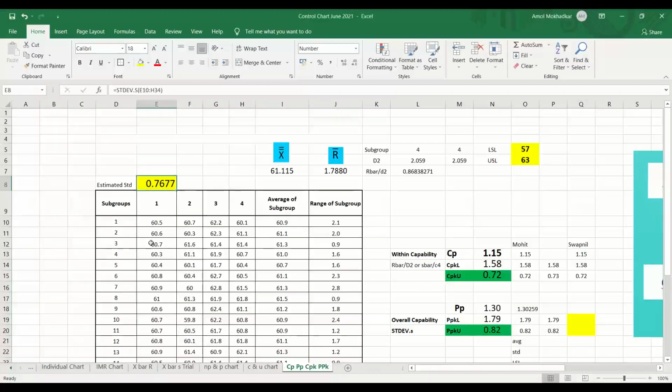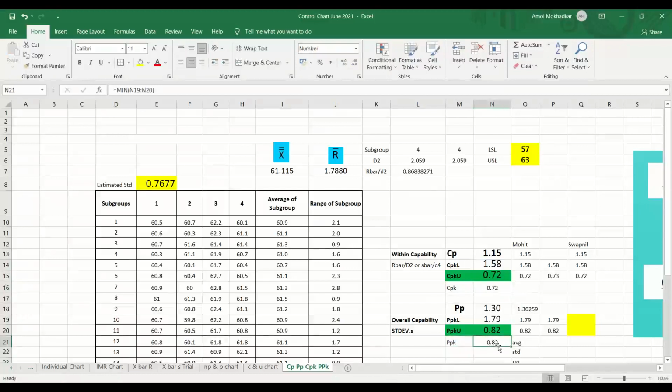It directly depends on the standard deviation. Now here, you can clearly see that CPKU is less, CPKL is more. So what is your CPK? Overall CPK is only the minimum of these two values. So the minimum is 0.72, so your CPK is this one, and your PPK is 0.82.